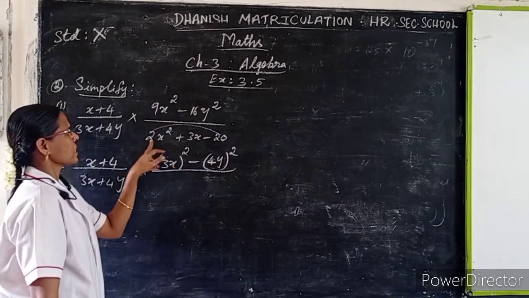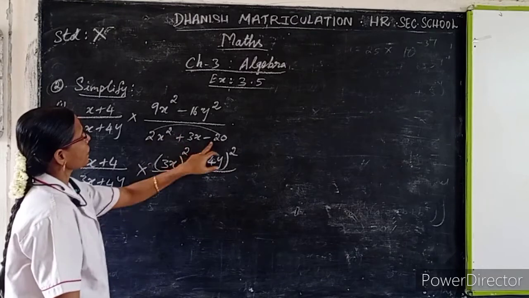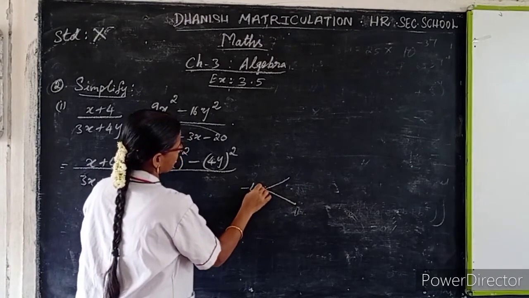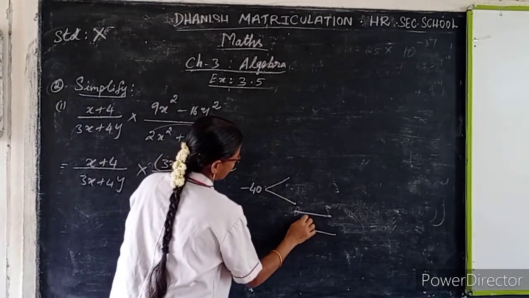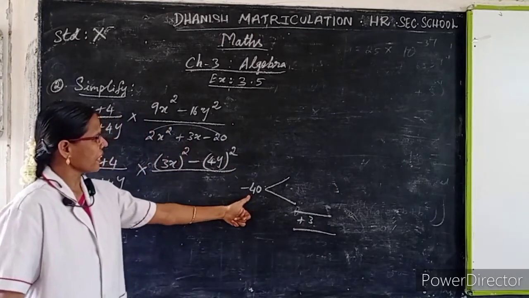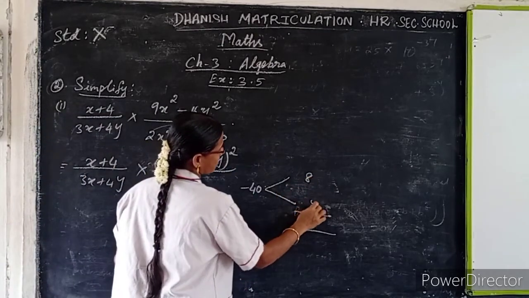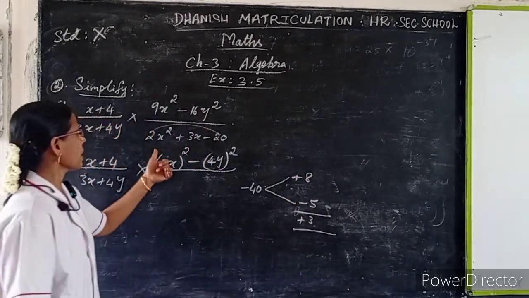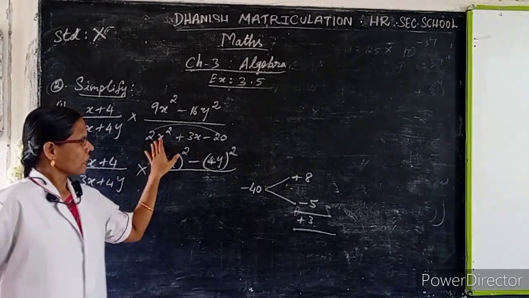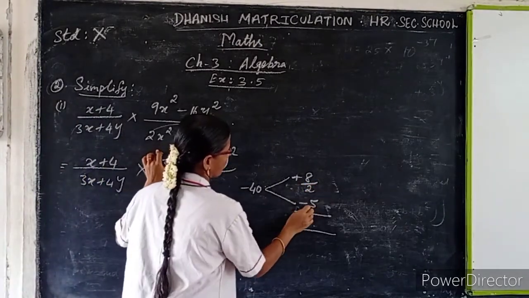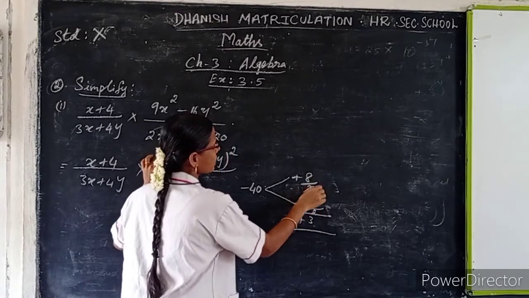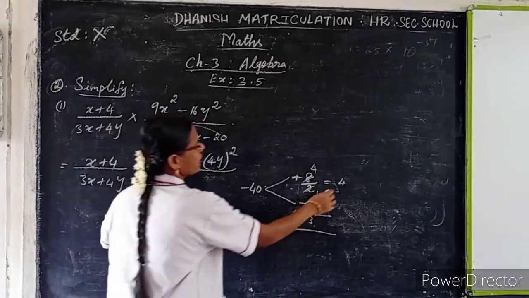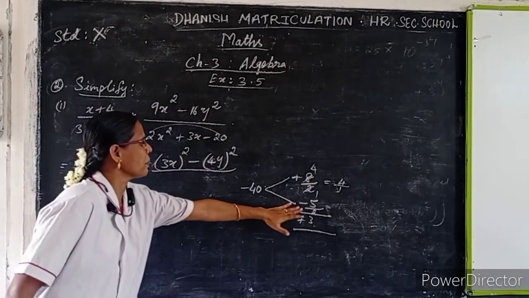So factorize like this. Here the coefficient of x square is 2, the constant term is minus 20. Multiply these: 2 into minus 20 is minus 40. The coefficient of x is plus 3. So 5 8s are 40, 8 5s are 40. 8 here, 5 here. The greater number is plus, the smaller number is minus. Here our coefficient is 2, so divide by 2. Here also divided by 2. Now cancel: 2 1 times, 2 4 times. So plus 4 by 1. Here minus 5 by 2 is the next factor.